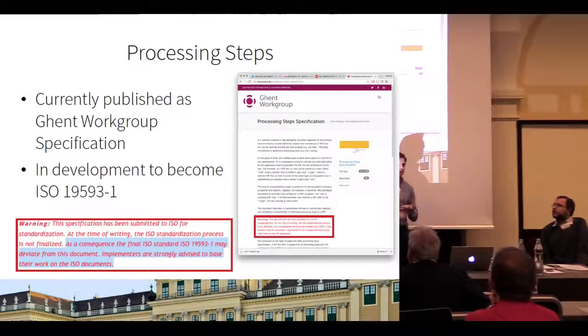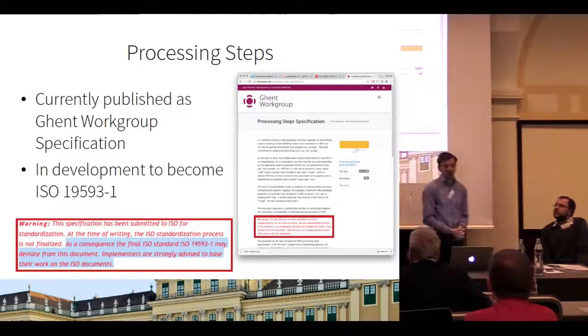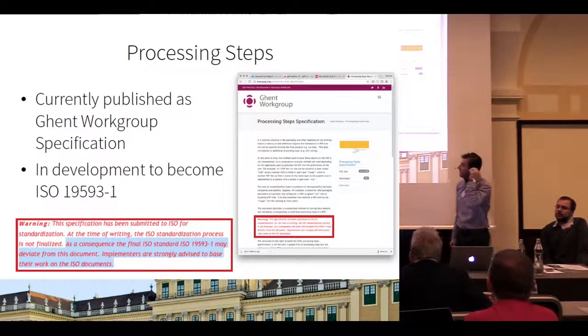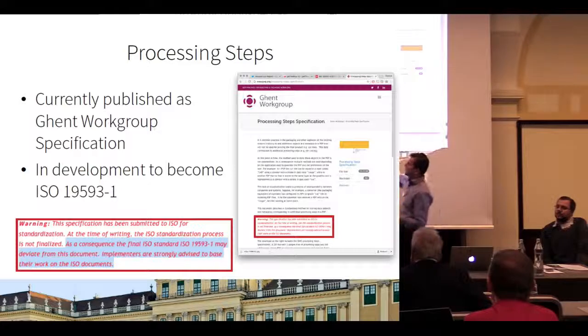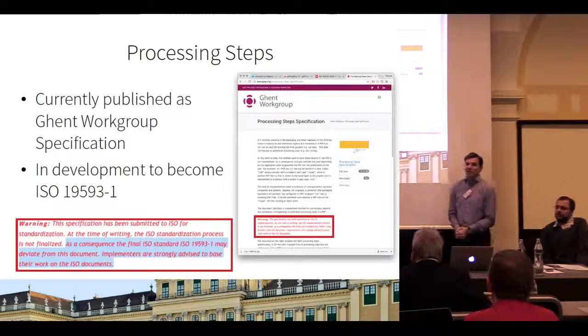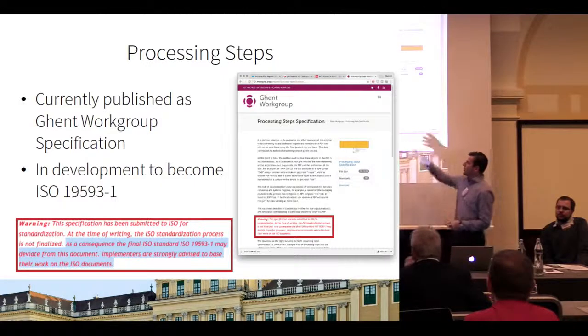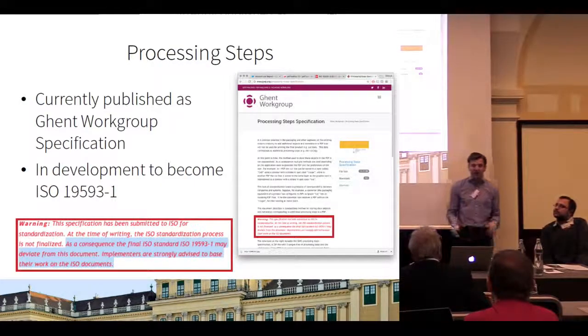so that whoever downloads it or builds implementations based on this Ghent Workgroup specification should be very careful, because currently it's at ISO, and there is work being done at ISO on the specification. And as of today, nobody really knows exactly what changes will take place. But